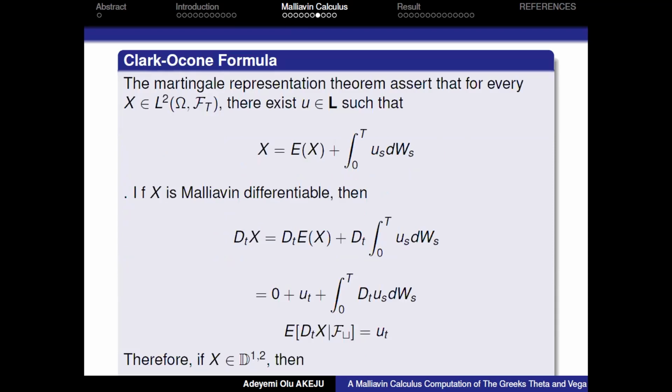Now we're also coming back again to the Clark-Ocone formula. As we mentioned before, it's supposed to improve the mathematical representation theory. And this theory asserts that if I have